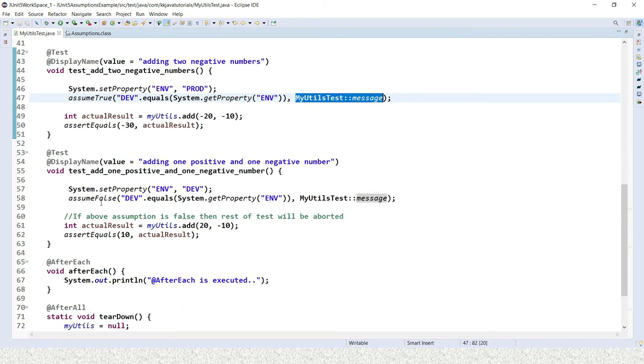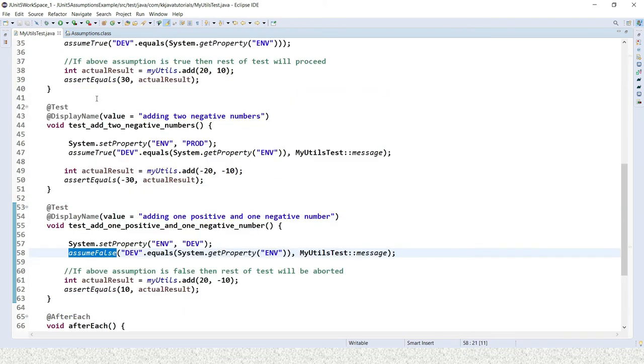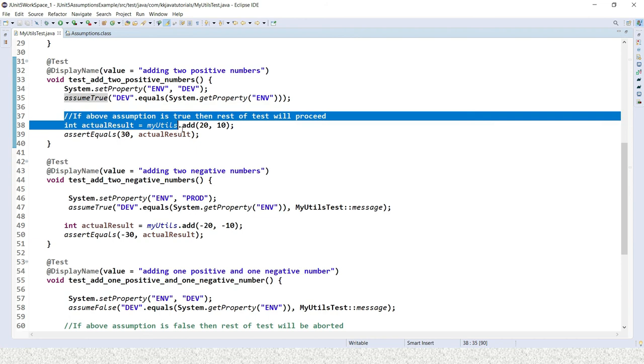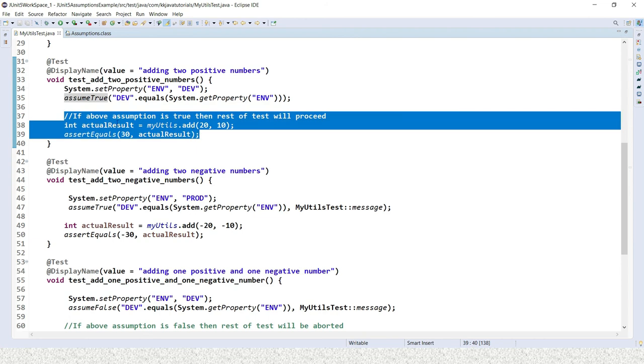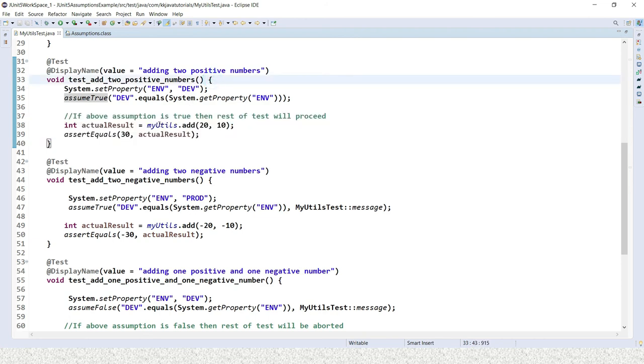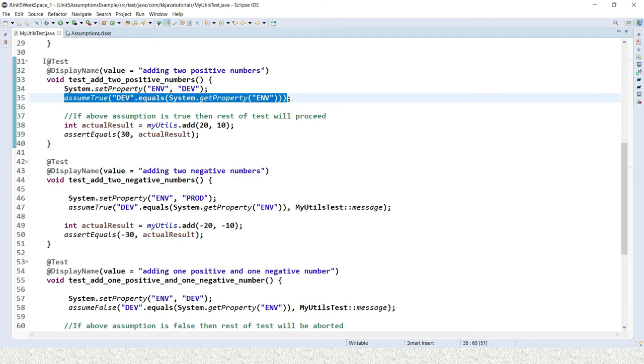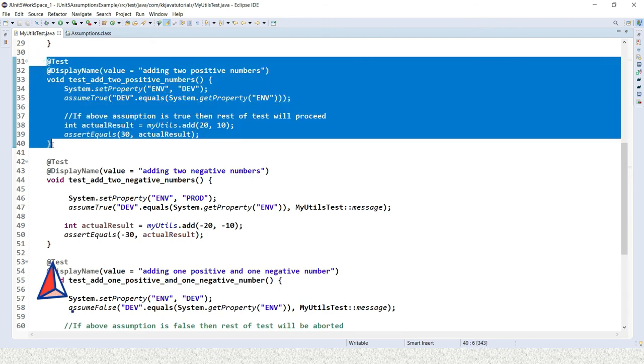Now similarly, in two test cases I have used assume true. If assume true returns true, then the rest of the test case will be executed, else the test is going to abort. Here in env I am setting dev, so this is going to be true, then this test case is expected to be executed successfully.